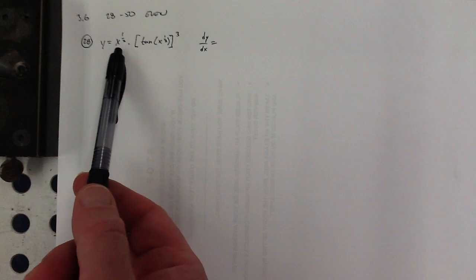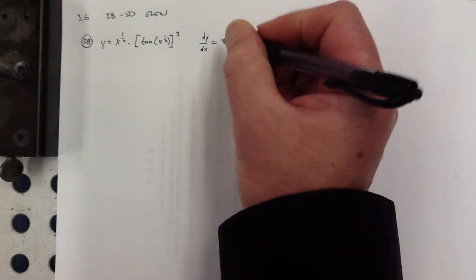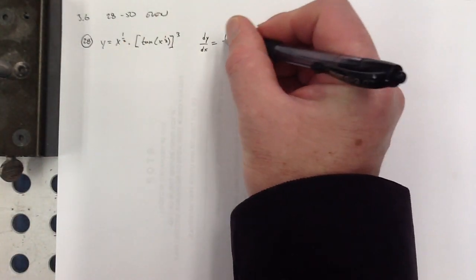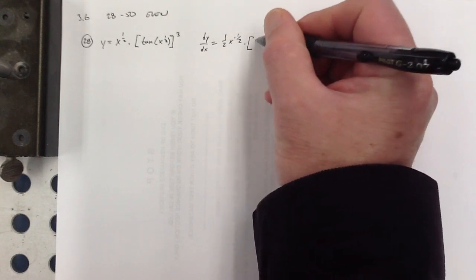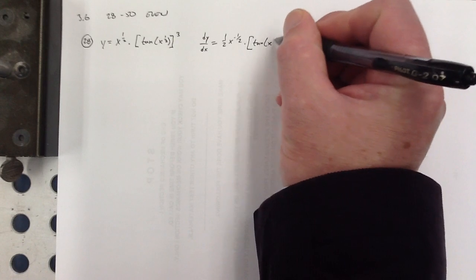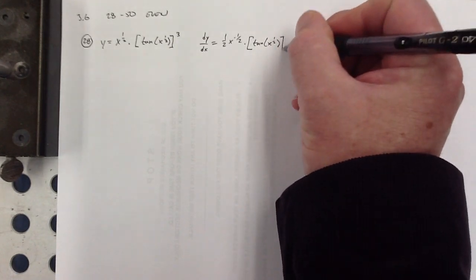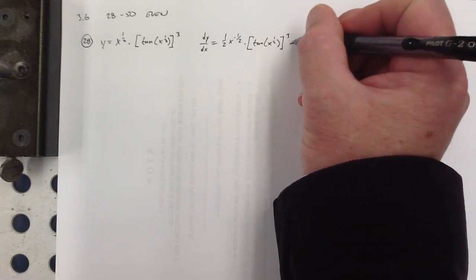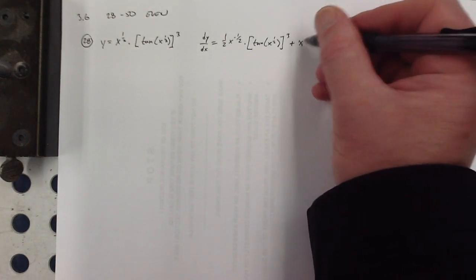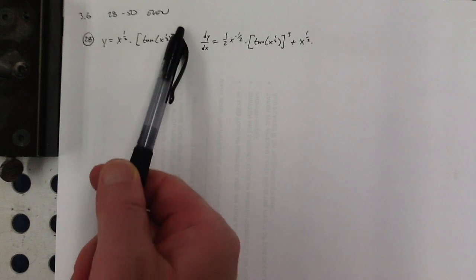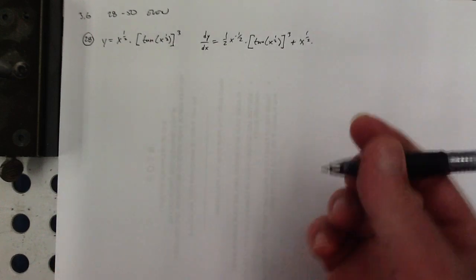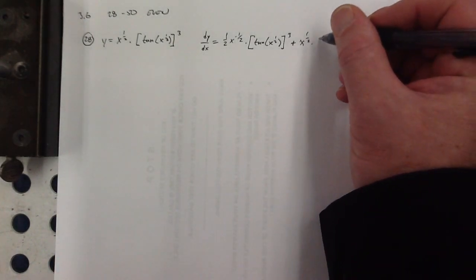So I got a product rule going on here. Let's see, the derivative of the first times the second, plus the first times the derivative of the second. And the derivative of the second is going to have a double layer chain rule. So that's 3